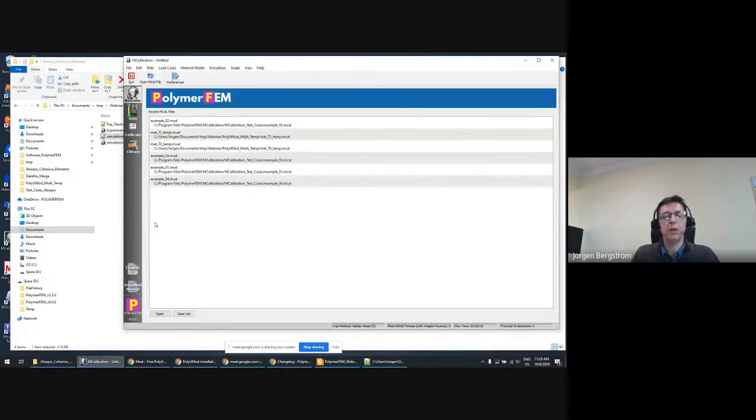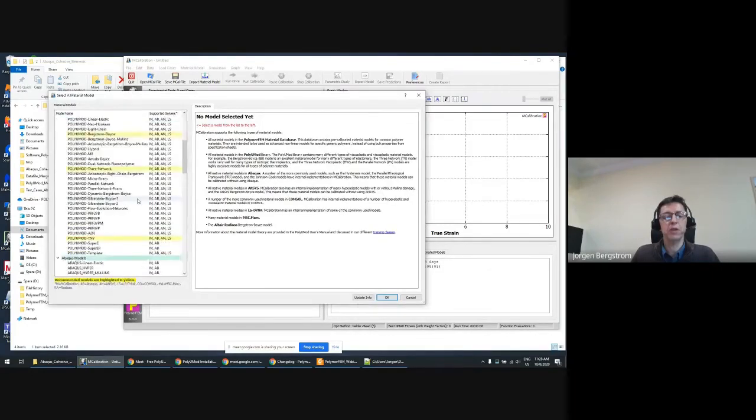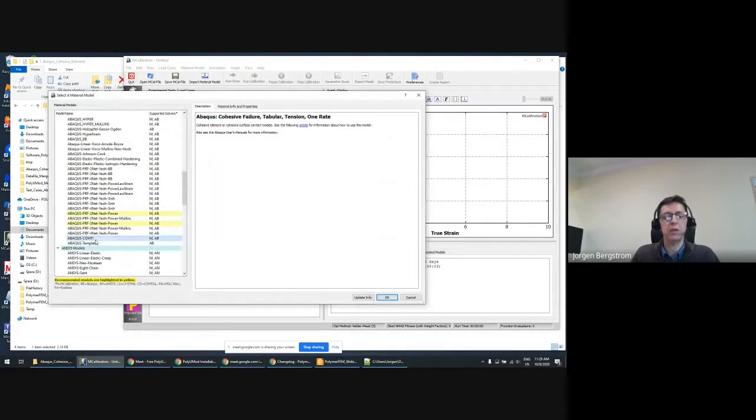So I'm opening up a new MCalibration window. I go to Calibrate. I'm going to select my cohesive element model first. So set material model. In this version, we only support Abaqus cohesive elements. We will support Ansys and other finite element versions in future releases, but this is the one we have implemented first. Here it is. And it doesn't have much text, but it has a link to an article that I